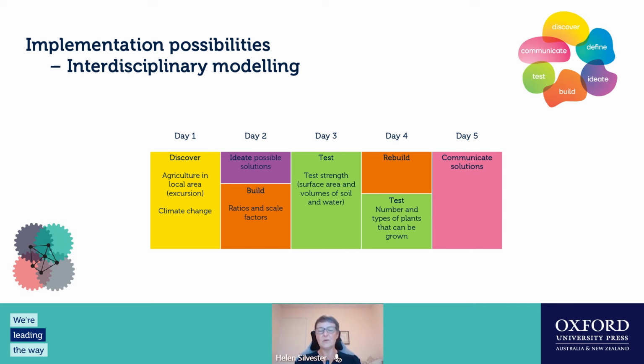Then the second day, you might spend some time ideating possible solutions and get students to start building their models. And of course, as part of that, you might tie in the maths, such as ratios and scale factors, because if they're building a model, they'll need to take the scales into account. Then on day 3, they'll have to do testing of it. They might have to do a little bit of maths tying in surface area and volume of the soil and water, because that will determine how heavy the vertical gardens are going to be, even in the modelling stage. So they need to think in terms of the strengths of them. They need to think in terms of the volume: 1 litre of water equals 1 kilo. So how much of it are you going to have to be able to support?